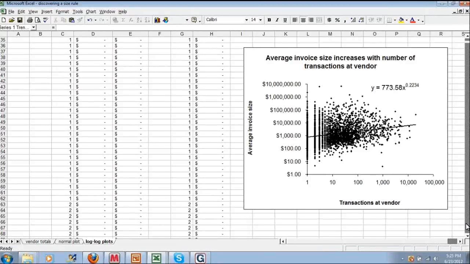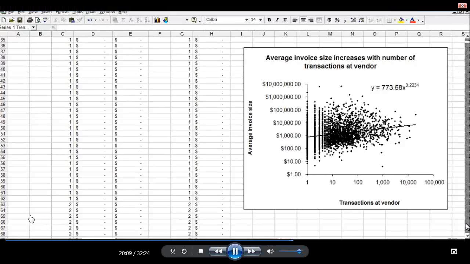All right, so relatively quickly I've gone through the typical way that Excel presents the data, which isn't very helpful, and then this kind of funky log plot, which is much more helpful and illustrates the trend in the data far more clearly. And I know you're asking, yeah, but how do I do that? So now that I've shown it all to you, let's go back to the beginning and go through it step by step, and by the end, you should be able to do this for yourself.